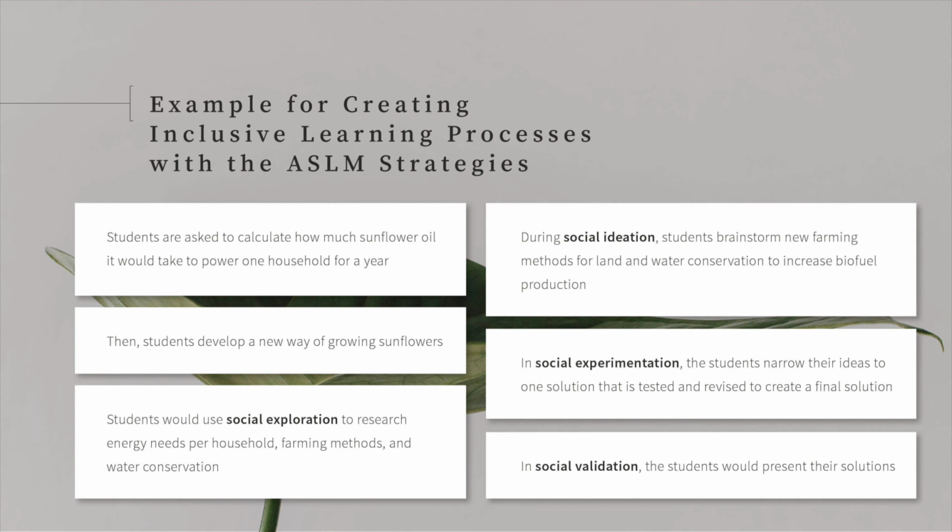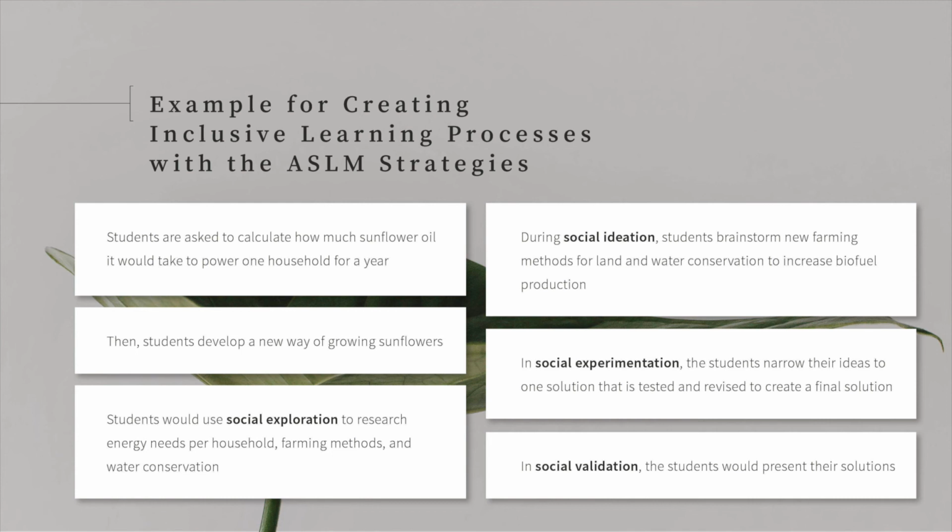For this project, students are going to calculate how much sunflower oil it would take to power one household for a year. Then, students are going to develop a new way of growing sunflowers that will conserve land and water to produce more biofuel. To begin this project, students would use social exploration to research energy needs per household, farming